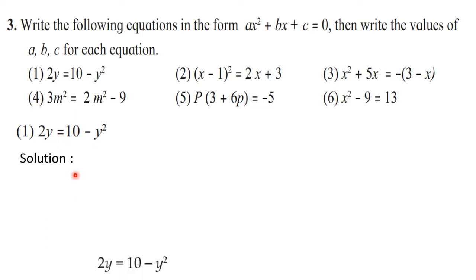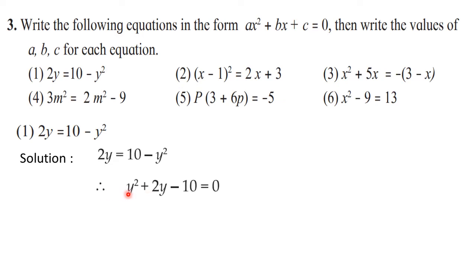So this equation will be like this. See, y square plus 2y minus 10 is equal to 0. See, this minus y square shifted to left hand side, so became plus y square. 2y as it is, but write down plus 2y because there are terms and we need to write down plus or minus sign in between. So plus 2y. And then 10 from right hand side shifted to left hand side, so it is minus 10. Now you can observe, the equation is converted into the standard form, that is ax square plus bx plus c is equal to 0.